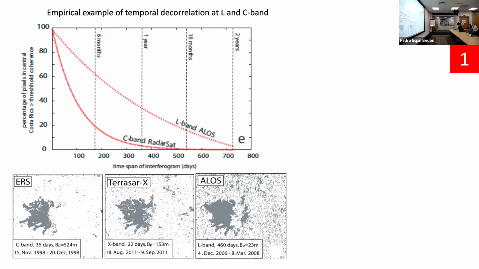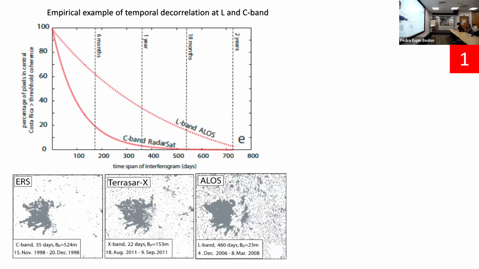And this is an example from a volcano, getting kind of onto the topic. This is Arenal in Costa Rica. The grey there is a coherent area where it's possible to make measurements. Anything that's white is where we couldn't measure anything. What you can see there is the outline of lava flows from the 1960s and 70s. And everything else is essentially rainforest or tropical vegetation.